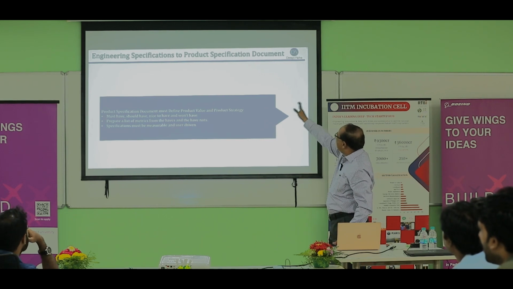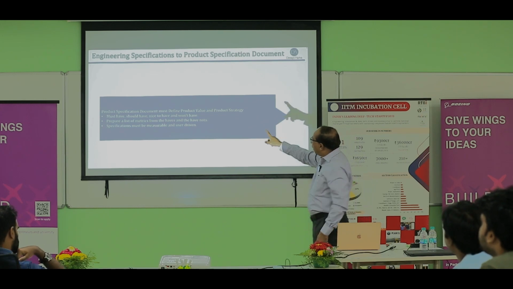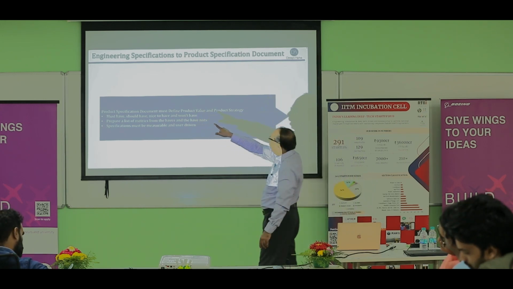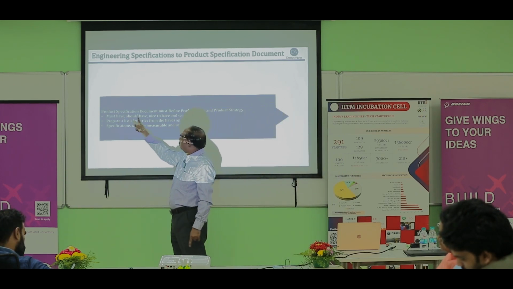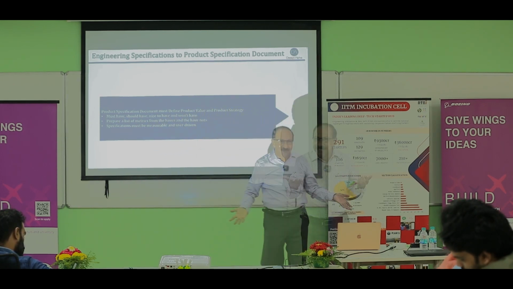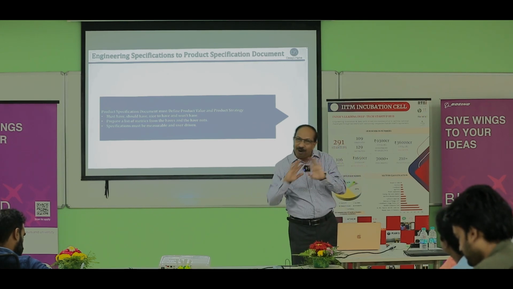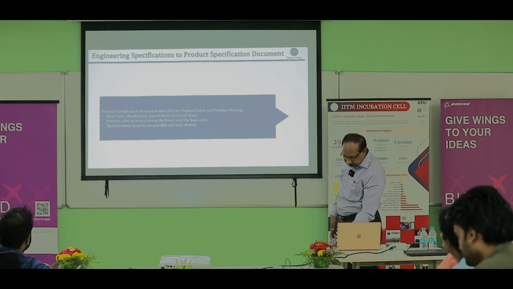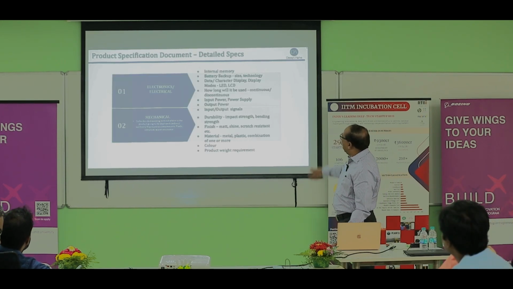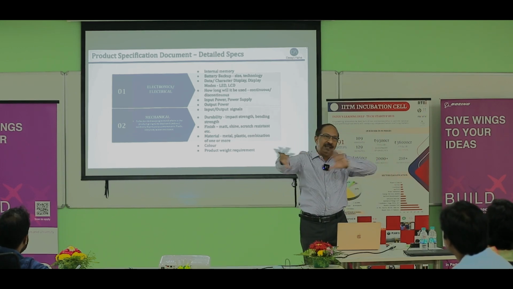Then engineering specification to product specification. That is something you have to do. In the product specification document, you can put must have, should have, nice to have and won't have. Sometimes you can put in the feature but not assemble it. So there are a lot of tricks you have to do here, and that's what you have to come up with. I am showing, for example, if you have a product, you separate it into all these things,